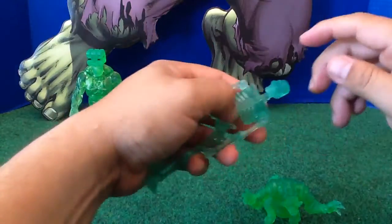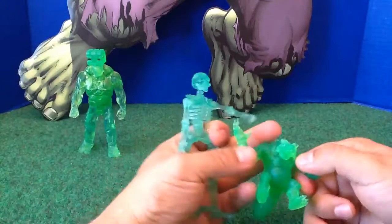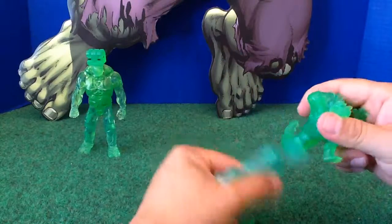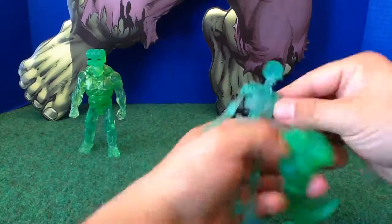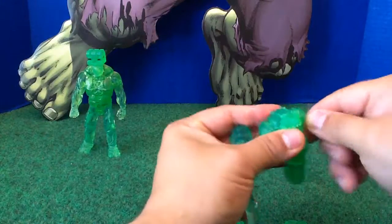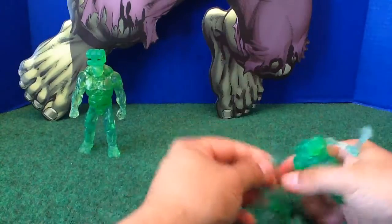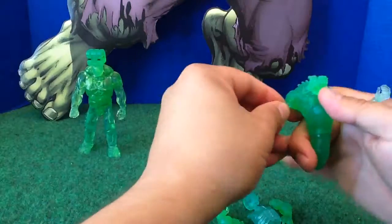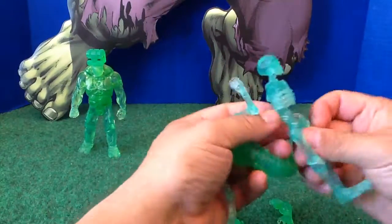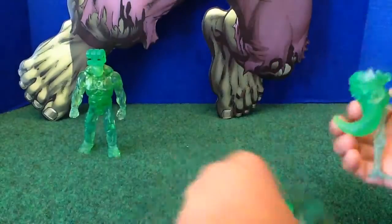Let me show you what I immediately did after I got these two guys. I tried to put them together into a different configuration, and I took this guy apart and swapped in the jade skeleton arms. And while I was swapping in the skeleton arms on this guy and the skeleton legs on this guy, I made me a